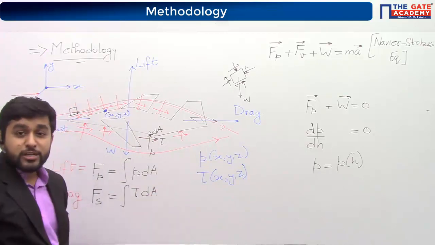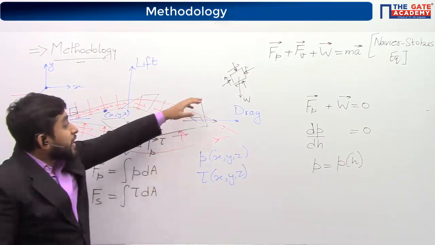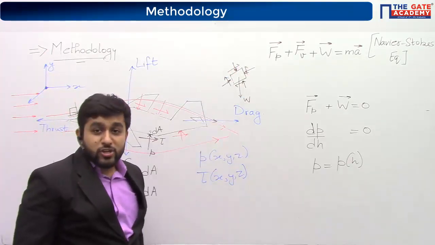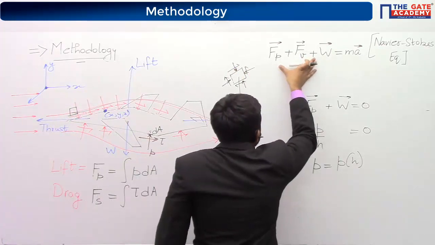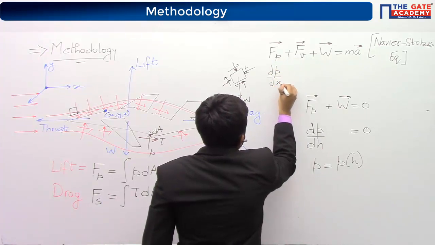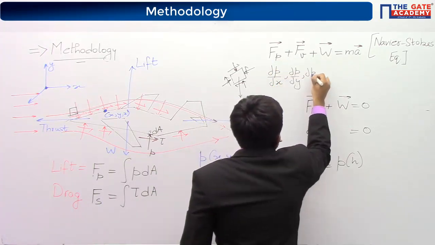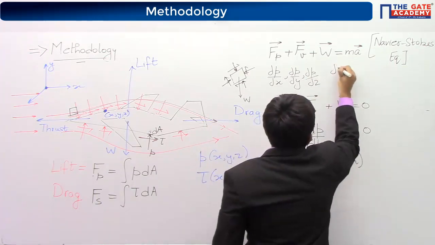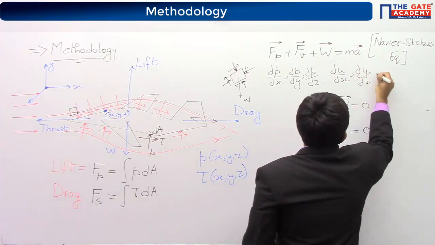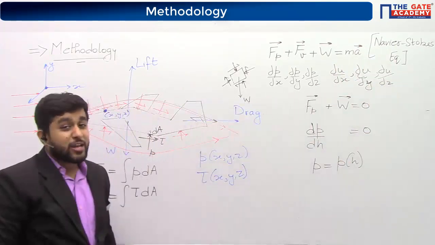Same procedure. It's the same procedure over there. So what we do, we write down the equation for a fluid element. This is known as the Navier-Stokes equation. Now when you write this equation properly, in this equation there are derivatives of pressure with respect to x, y and z. And also there are derivatives of velocity with respect to x, y and z. So basically, when you solve this equation,